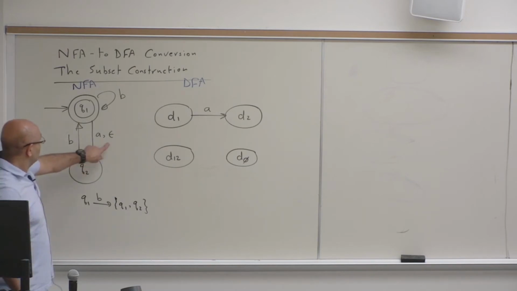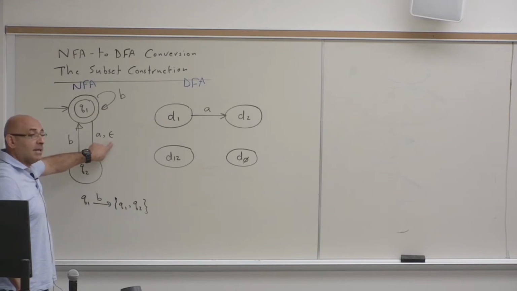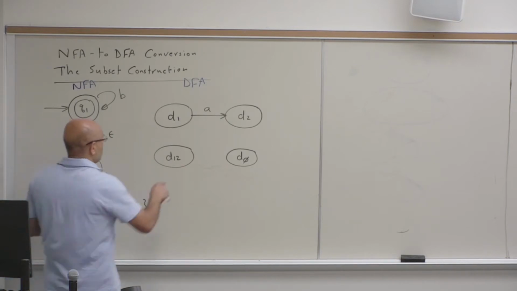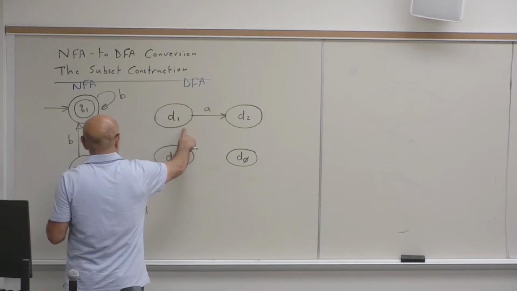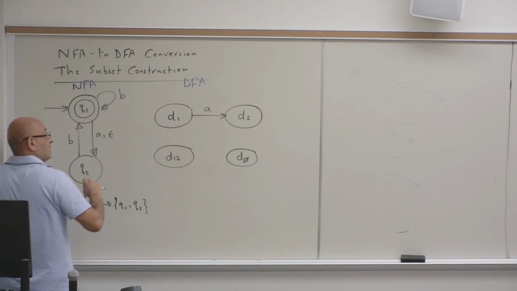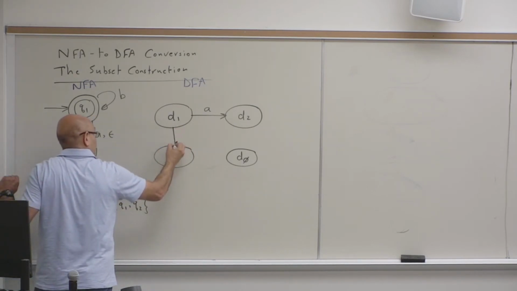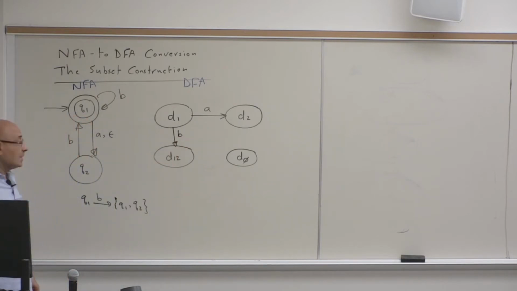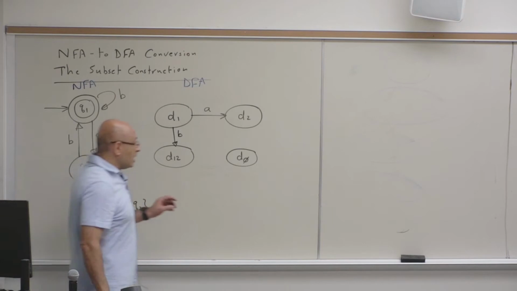Okay? So you have to follow the epsilon transitions. If you don't follow the epsilon transitions, your conversion is going to be wrong. So that's why if I am in Q1 and I get a B, I go where? D12. D12. This is the key idea. Okay. Now, in general,